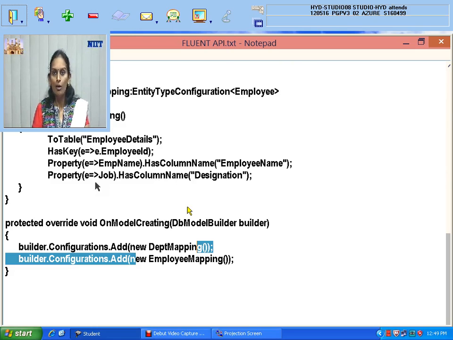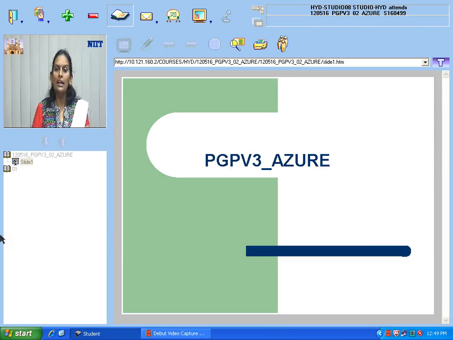In SOAP-based services, we are learning WCF, Windows Communication Foundation. Tomorrow we start with the difference between HTTP services and SOAP-based services for 5 to 10 minutes, and then we'll start with the HTTP service, that is ASP MVC Web API.